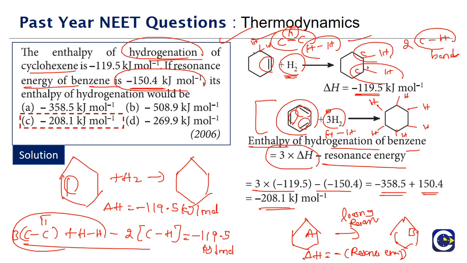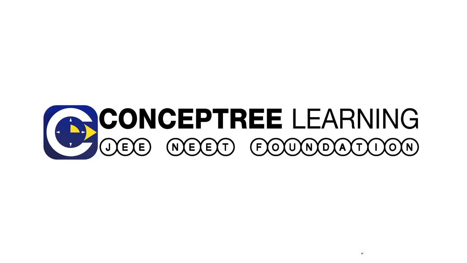So this is how we look at the incorporation of resonance energy into the enthalpy change. Whenever a compound is losing resonance, the enthalpy change coming from the loss of the resonance will always indicate what? An endothermic step, because that much energy has to be gained, and only then will it be able to lose the resonance phenomenon. Clear? So the answer for this question is option C. So this is about this part of the video, and we'll see in the next part.